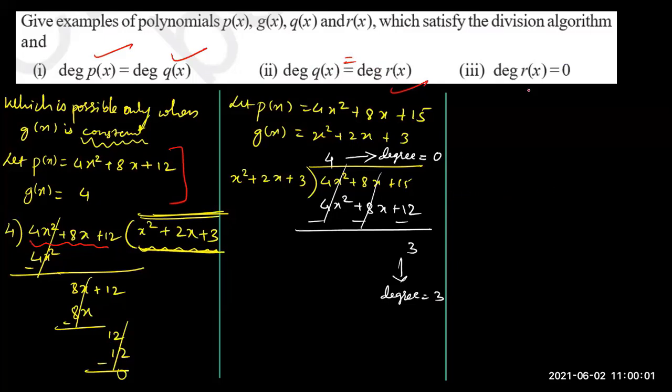And similarly, the question number 3. The question number 3 is what? The degree of R of x should be 0. Now already we got 0 here, correct? So if you got degree 0 here, then this question you can do the same as the second one. Because already you got 0 here. Any question here? Just you need to give an example. You can give some different example also. It is not compulsory that you should give only this example. You can give any other example also.